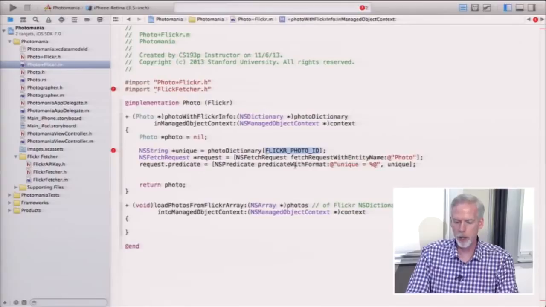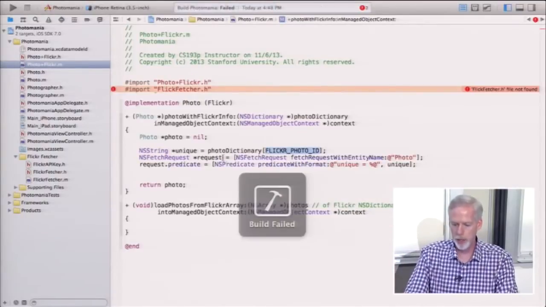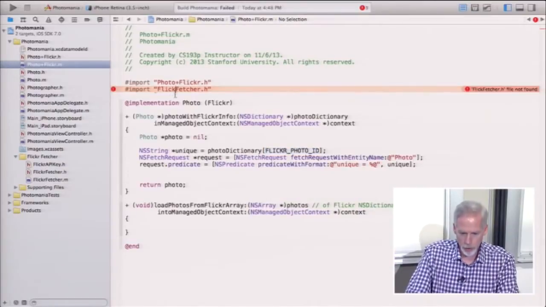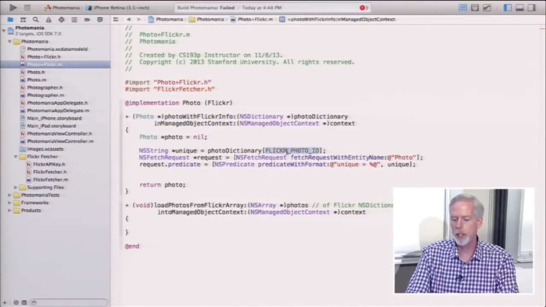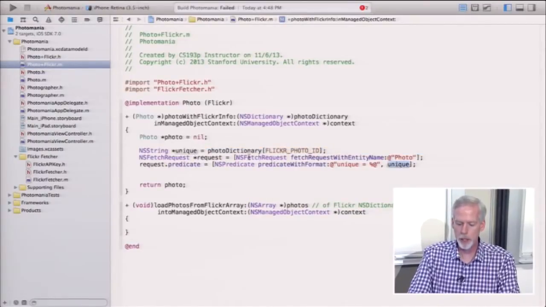In this case, this Flickr photo ID might have dots in it, like the description has. Okay, I'll leave it this way here, but value for key might be a good idea. So here I'm basically going to fetch into the database to try and find this unique photo, see if it's